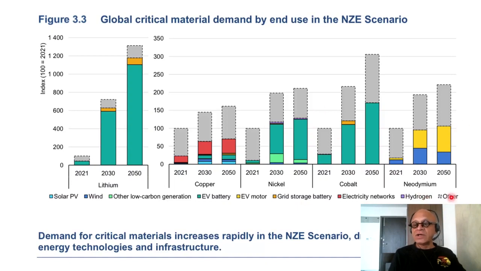So other is quite big here as well. So you can see that the demand for critical material will go up significantly compared to 2021. You can see that this is orders of magnitude increase. So demand for critical materials increases rapidly in the net zero emission scenario, driven mainly by clean energy technologies